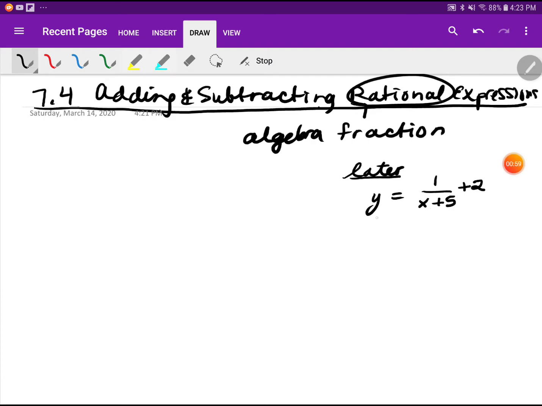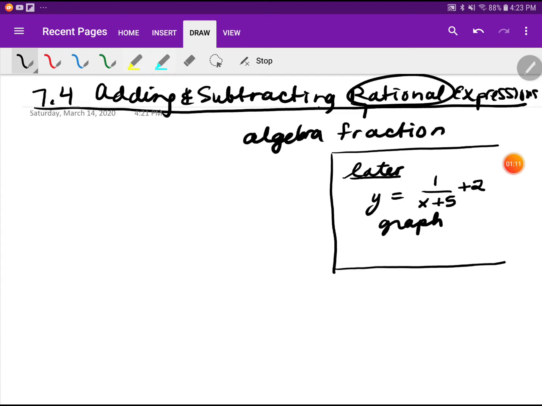This specific one is going to be something that we graph, but we're going to graph that later. First, we're going to start with operations on algebra fractions, or the official name is rational expressions. Okay, so what we had learned before is we learned multiplying and dividing. So for multiplying,